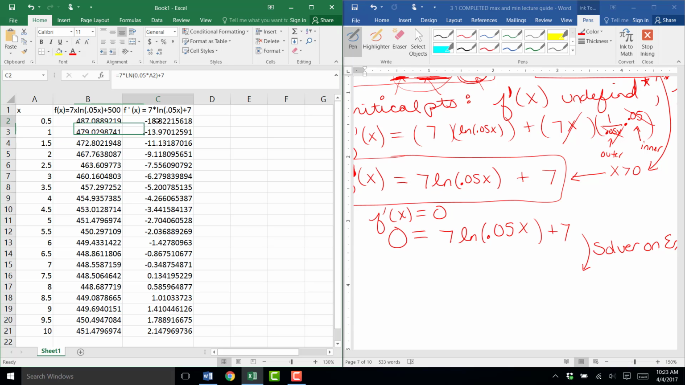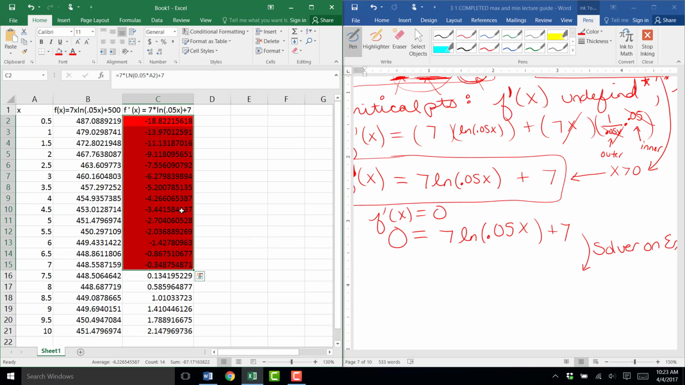And in column C, I've put our simplified f prime function, 7 times ln of 0.05x plus 7. Now I selected some x values, an x value close to 0. Remember, you can't plug in 0, you can't plug in negative, so I picked a little decimal, 0.5. And then I went up by units of 0.5. All right. What I'm noticing here in my derivative values is that the derivative values are negative